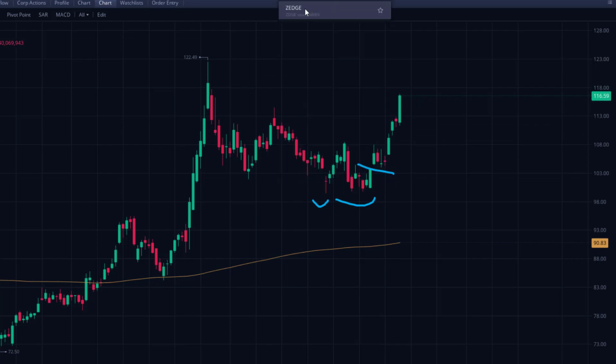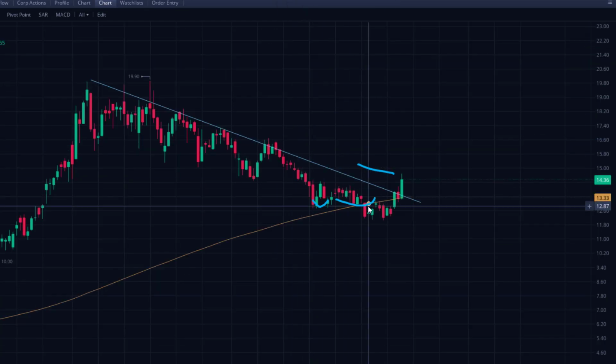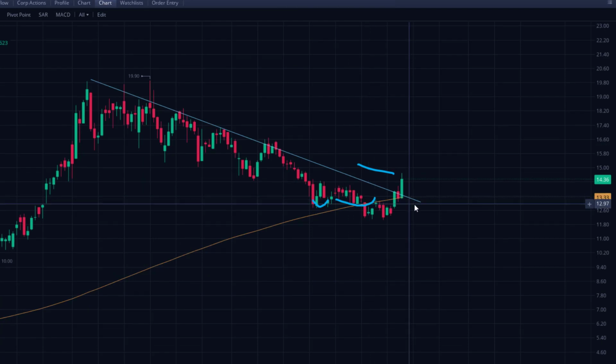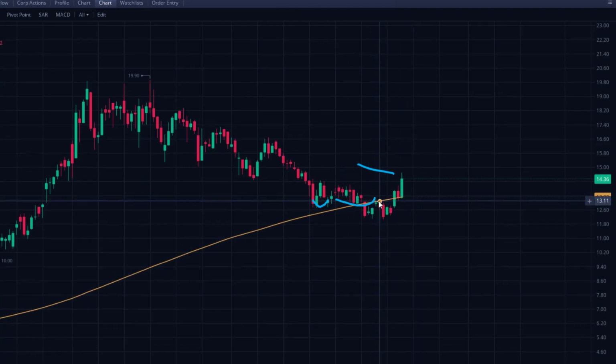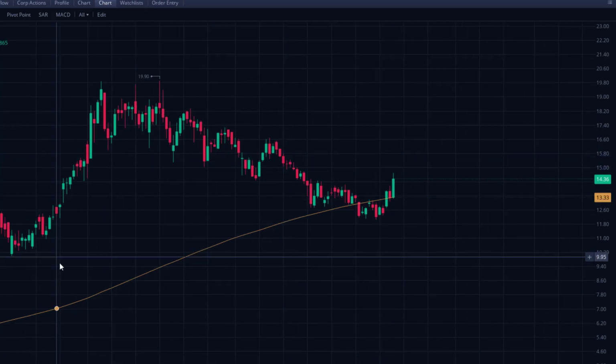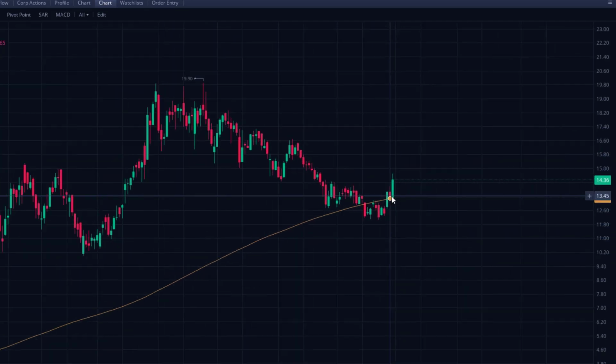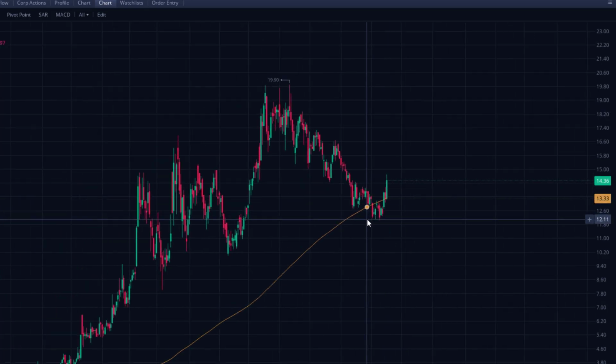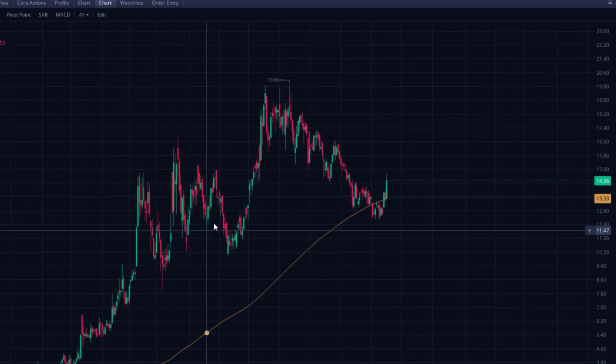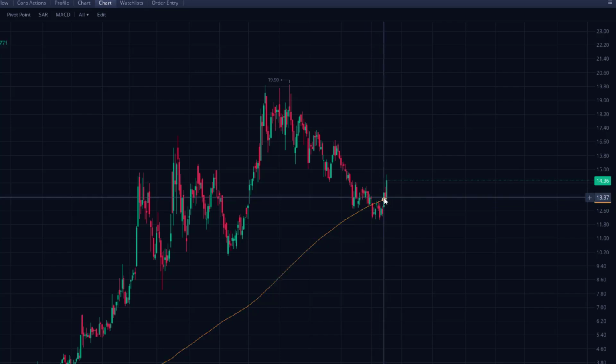ZGE, okay? This is called Zedge. I've been looking at this one, and this is a current trade. So let's go ahead and show you. It's just breaking above the 200 period. It's a pretty solid uptrend. You can see that it's moving up. It's not quite as high above as AMD, but it's still pretty solid because we have the 200 period.